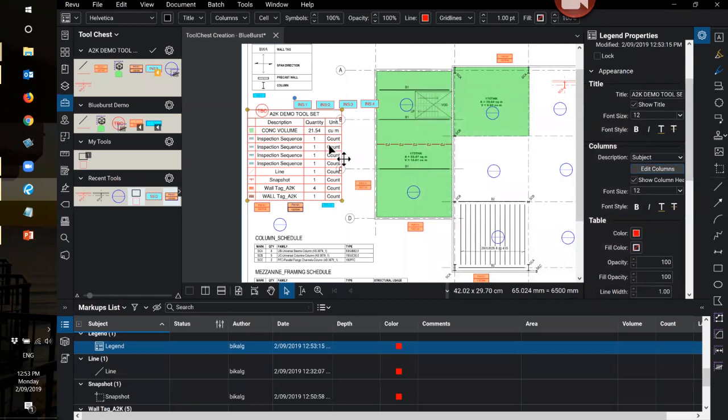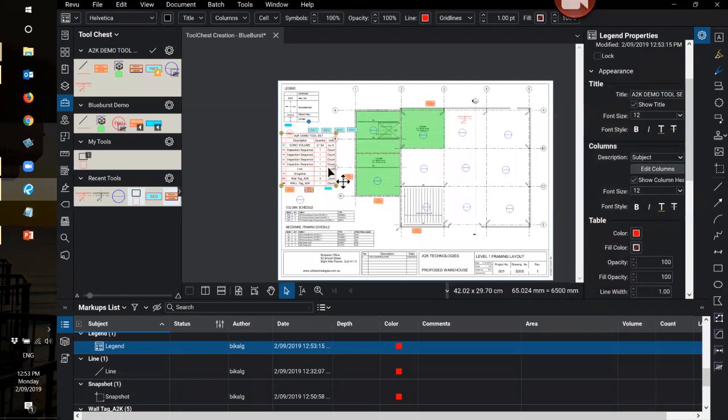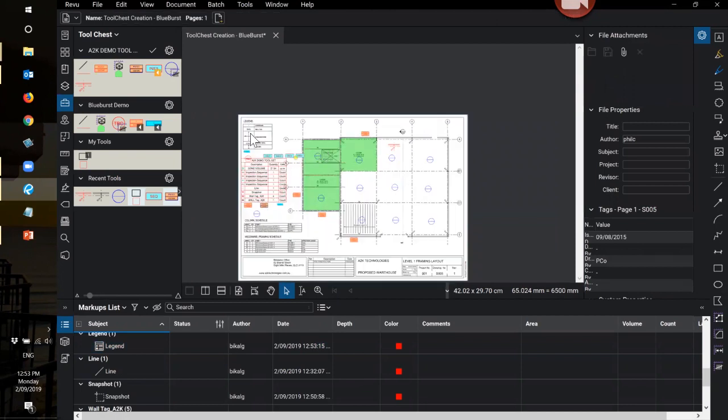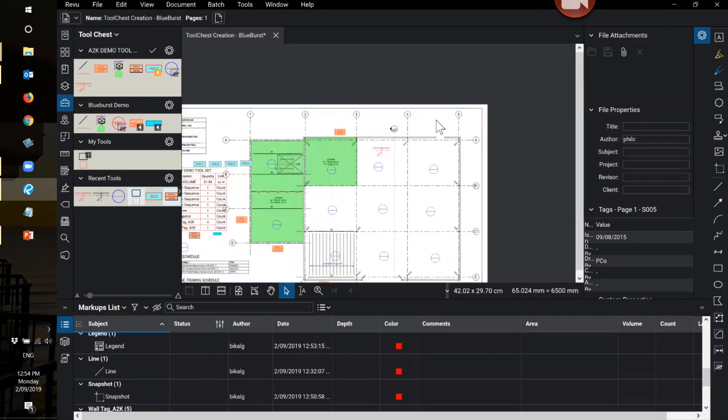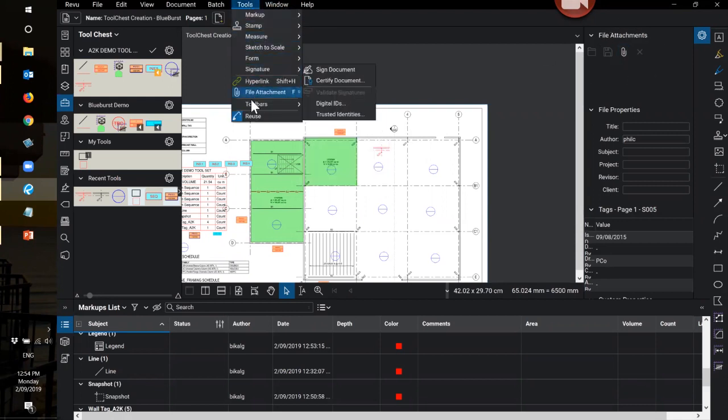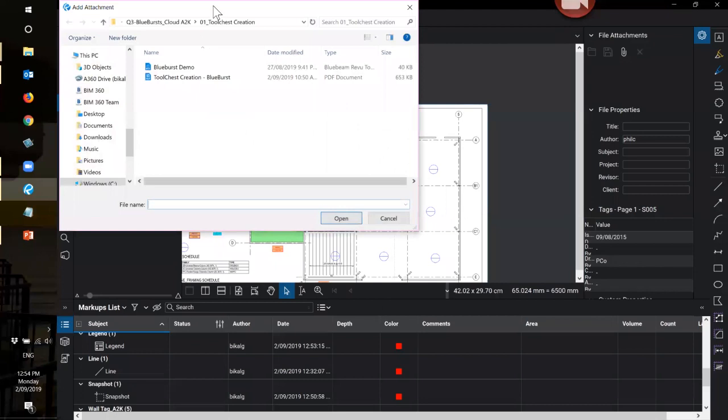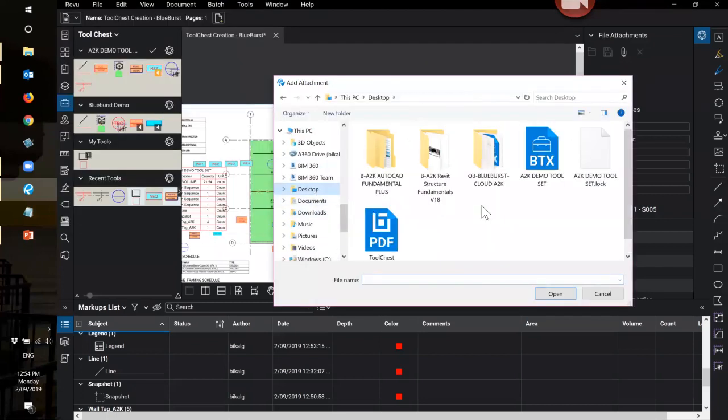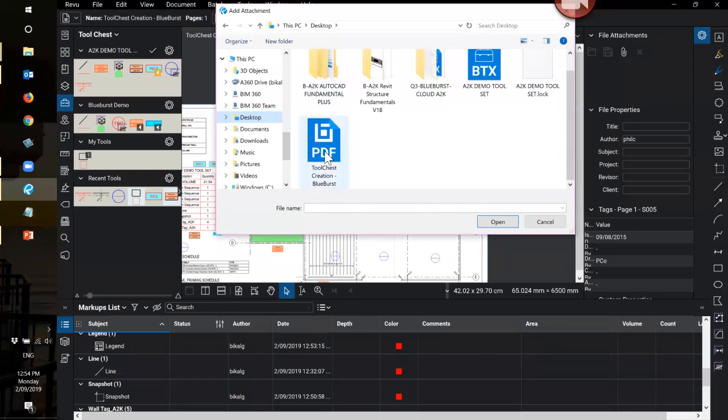Okay, so that's it. And the one thing that I usually do with my Toolchest is, rather than sending someone an email with an attachment, I save the Toolchest as a file, and then attach that file in the PDF itself. To attach the file, you can always go through here, File Attachment, or you can go through Tools and File Attachment. Okay, then go to the desktop where I had already saved my Toolchest,